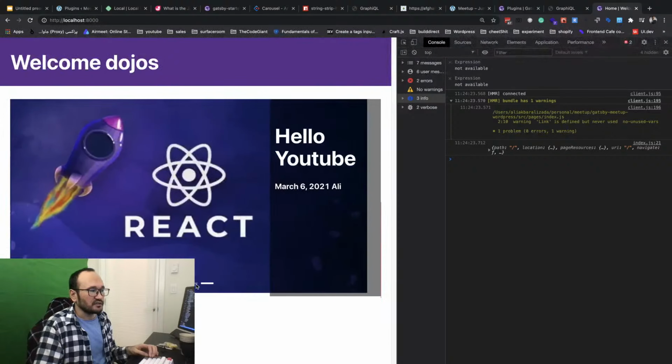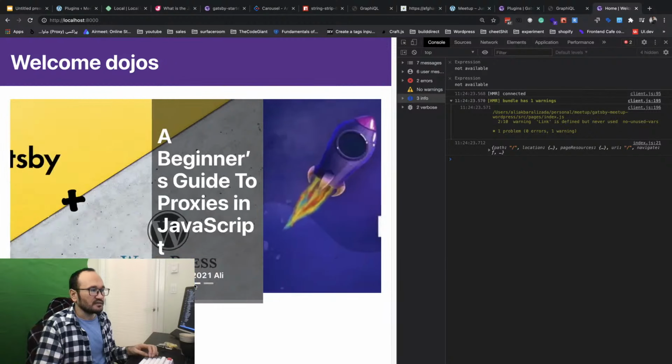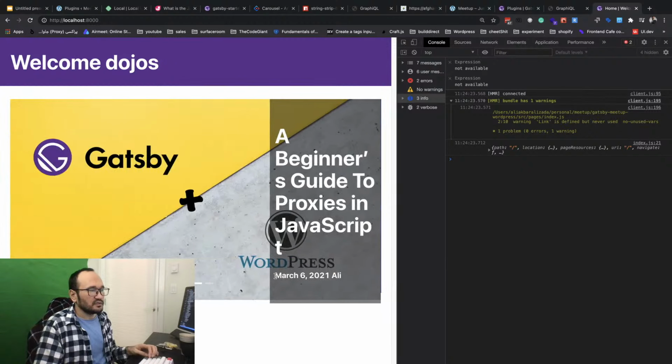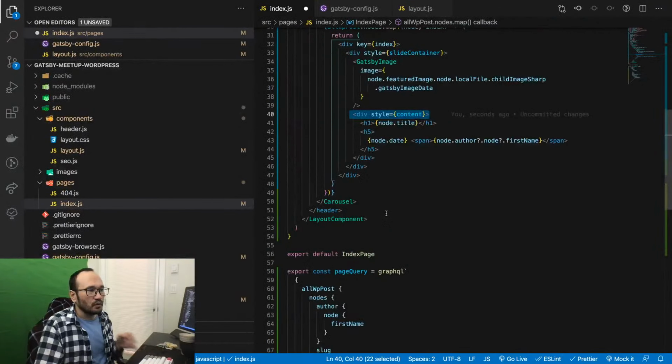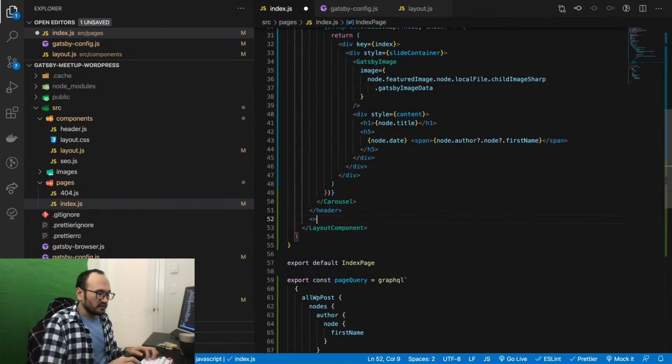And now you see we have 3 posts. You can just navigate through different pages. Nice. And you see we load the date here the way we want, and also the name of the author. And you see in the code we have it here. So let's go to the content area.